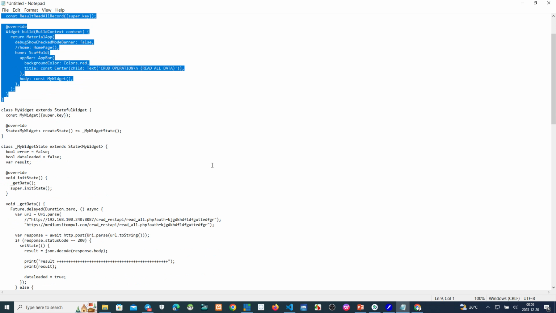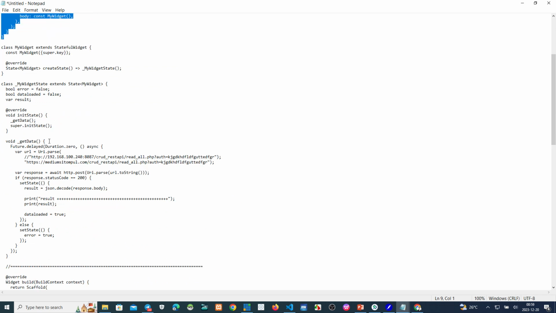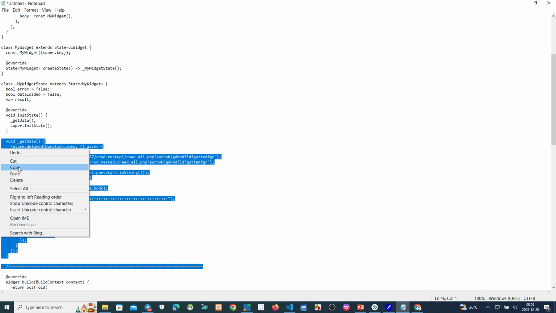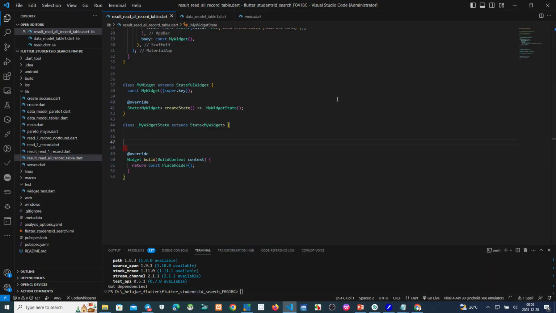This is the function to get data from the backend. Get data here.